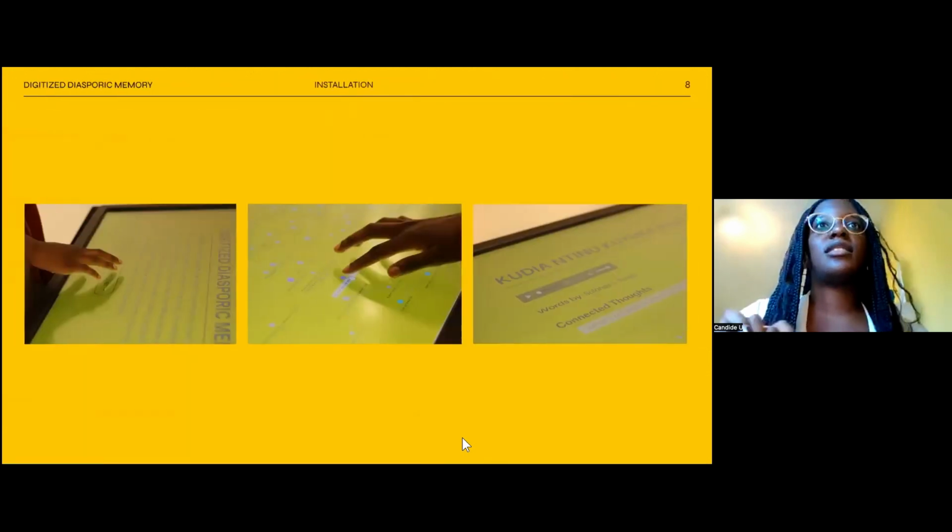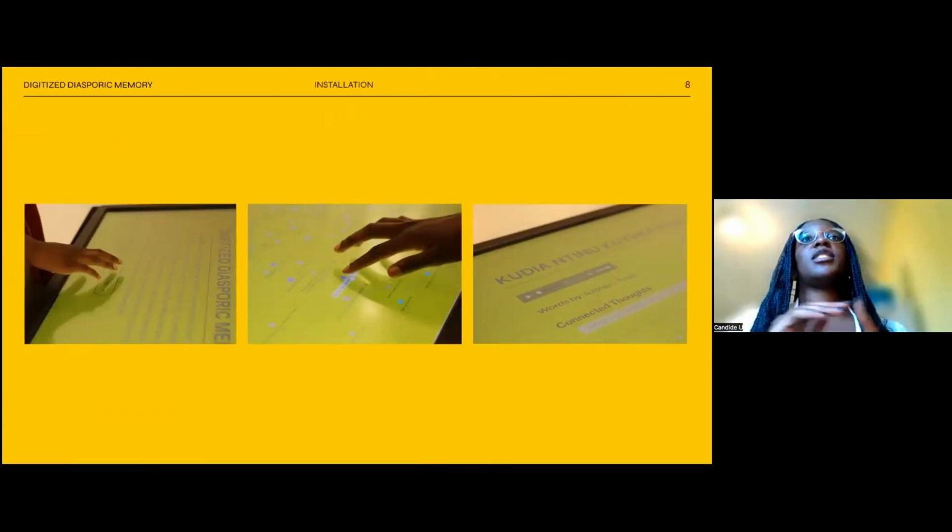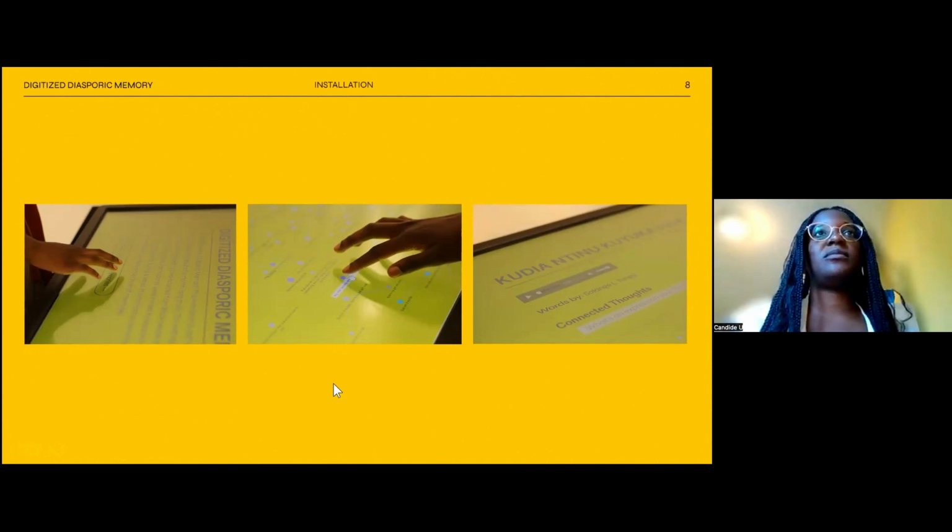Next slide. All right. So the diasporic memory network graph was exhibited at OCAD's GradX and at our thesis exhibition for my program. And the way that I displayed it in the space was on a giant touchscreen TV. I wanted it to be on the wall, but we couldn't do that safely, so it was put on the table and people were able to click on it and interact with it that way. And I had speakers so that people could listen to the audio segments.